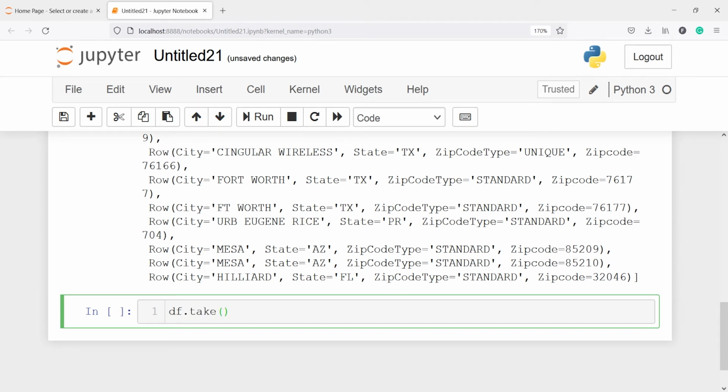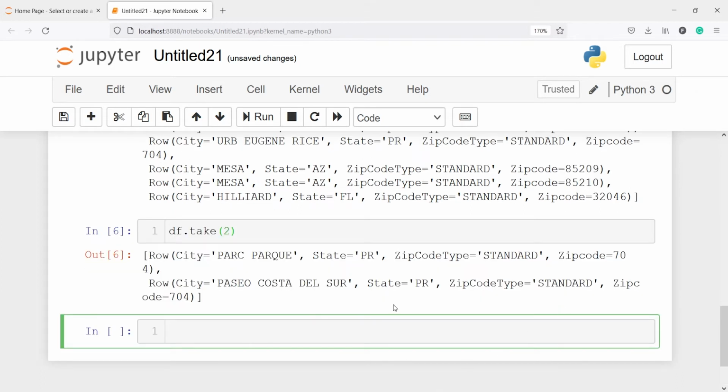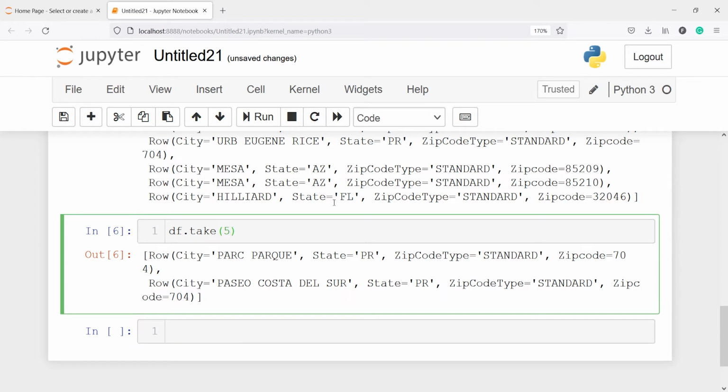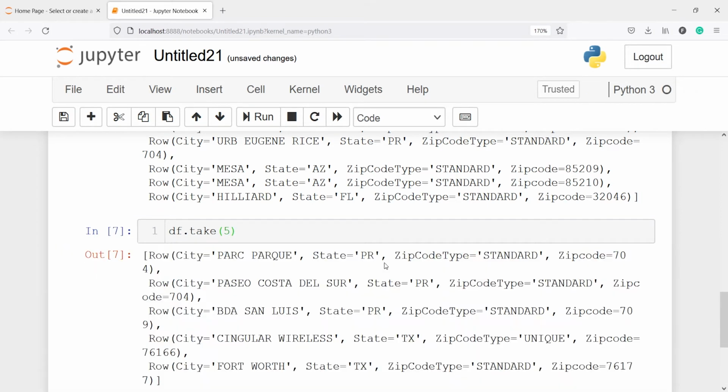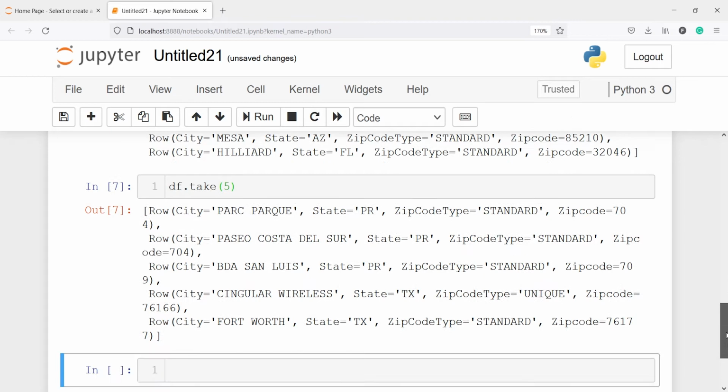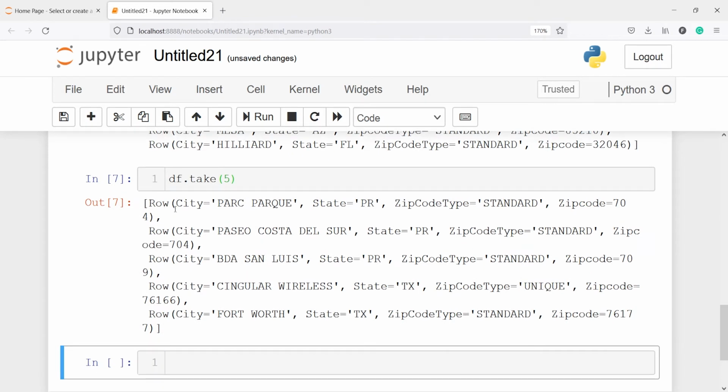Let's say I just want to see 2 records, so I will write 2 here, and here in the output you can see we got 2 records. This is the first row and this is the second row. For example, if I make it 5, I'll get 5 rows here. Let's execute. Here in the output you can see I got 5 rows, 1 2 3 4 and 5.